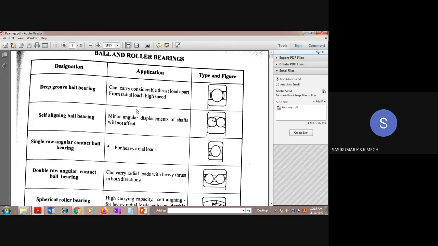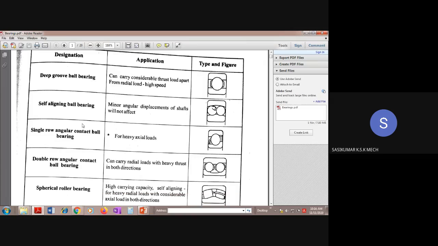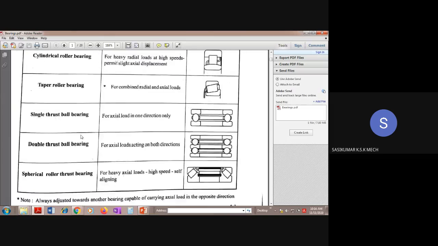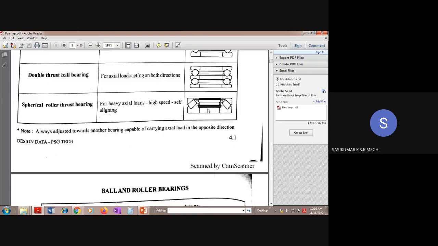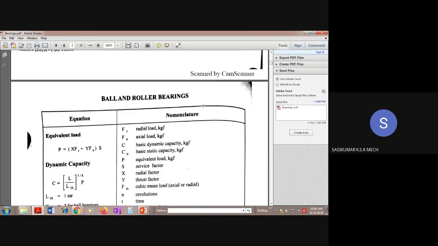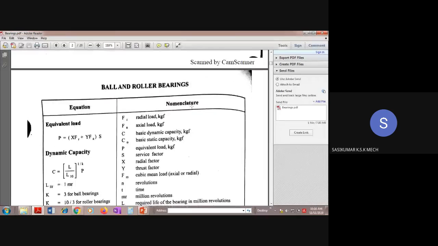Okay, and if you take a self-aligning ball bearing, it is having the capacity to tolerate minor angular misalignment of the shaft, so that will not affect much. So these are all the various types of bearings and their respective applications and some views of the bearings as well. Okay, and in the page number 4.2,